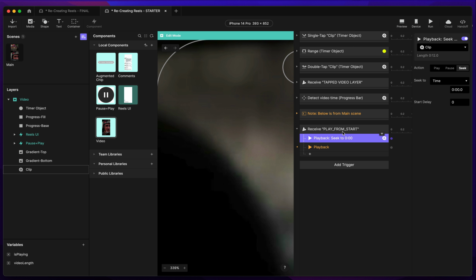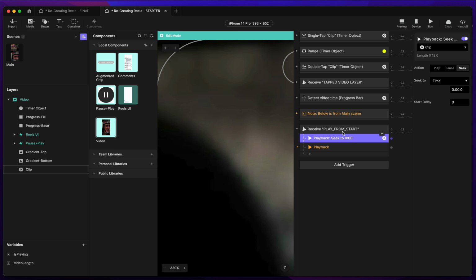We can call this play video looping. We want the videos to loop, and here's where we're going to take care of it in this scenario. Playback, looping, and we're going to select clip. And then the last thing is we have to still play ball with these guys up here. All of this stuff that we, the pause and play,